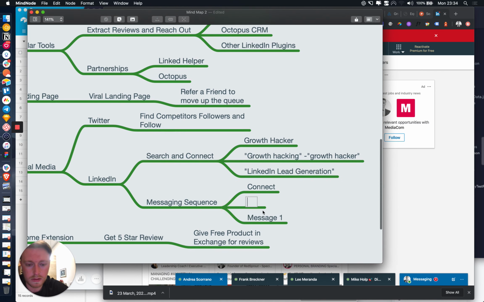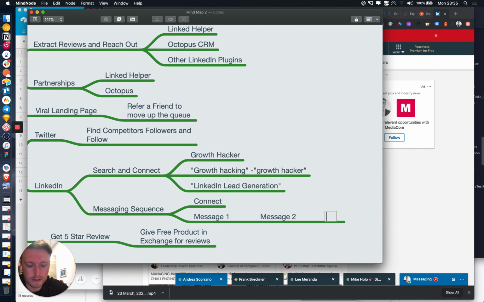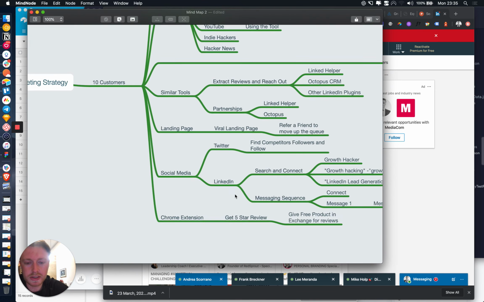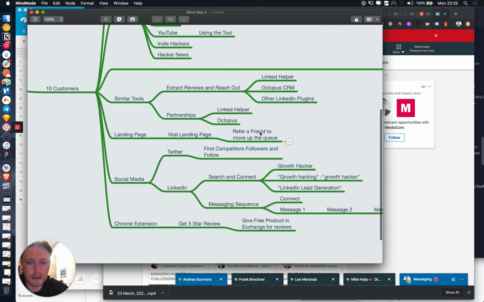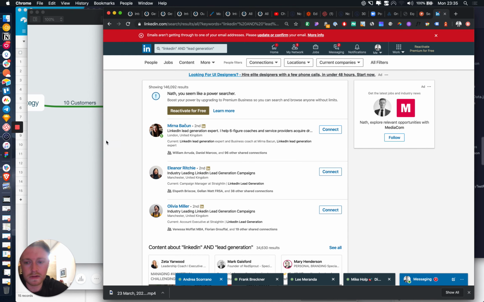Message one. Message two. Yeah, fine. Message three. So just pushing traffic to the landing page, I think, is quite good. Some of the tools: Link Droid.